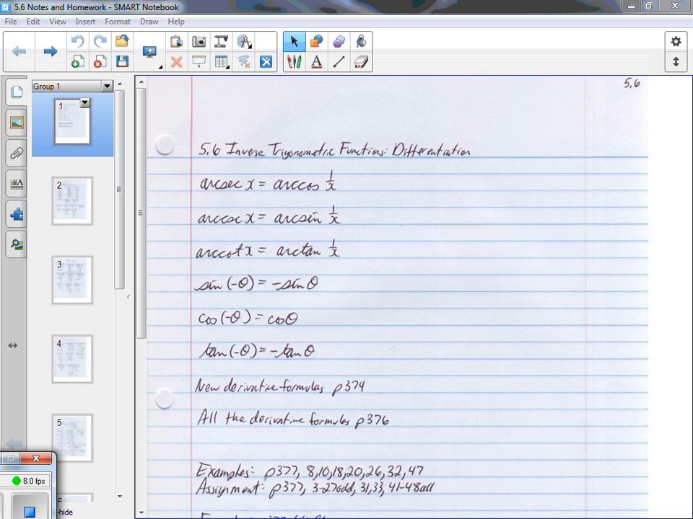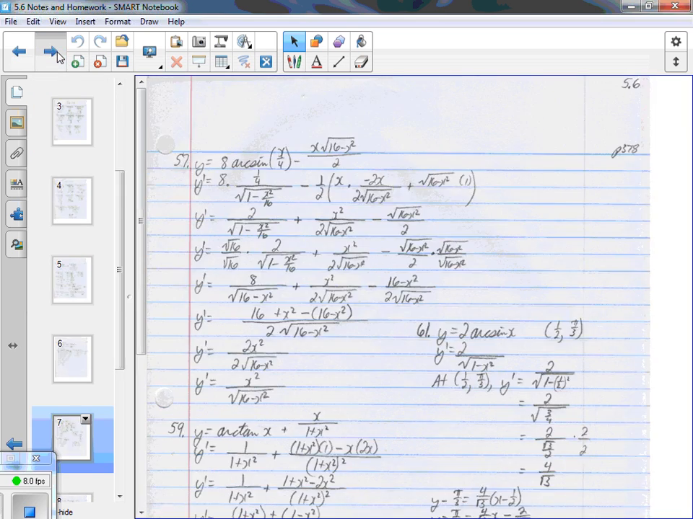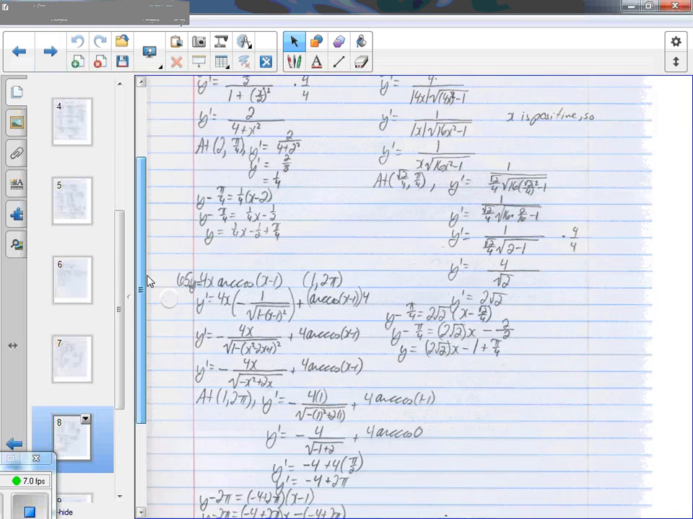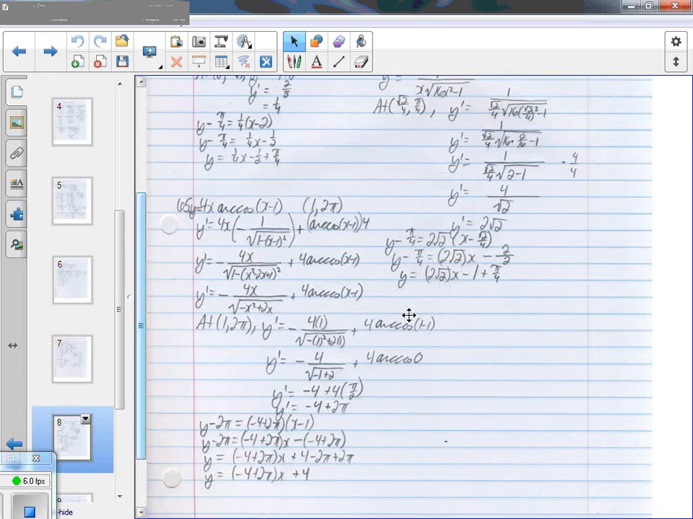The second assignment on 5-6, page 378. Which one? 65. All right, here's 65. The directions